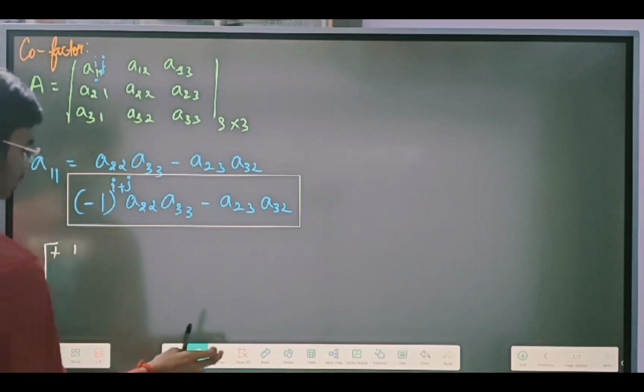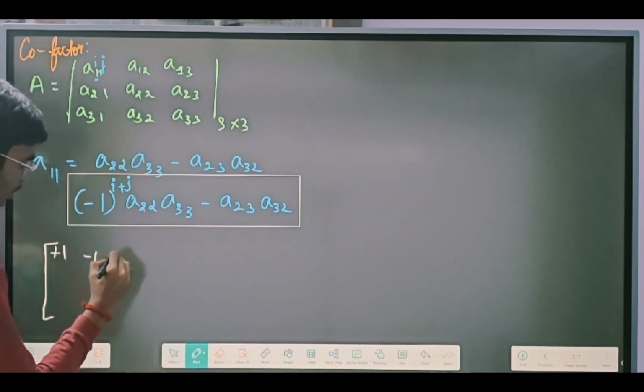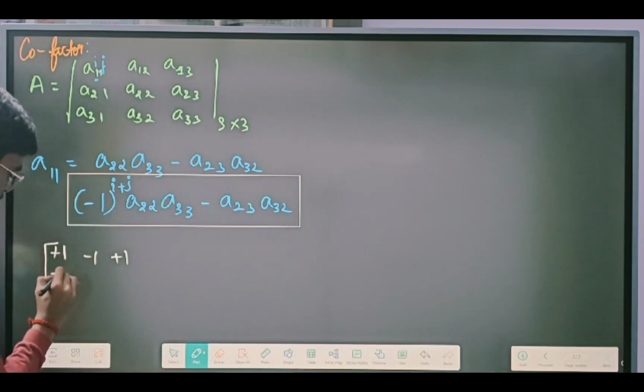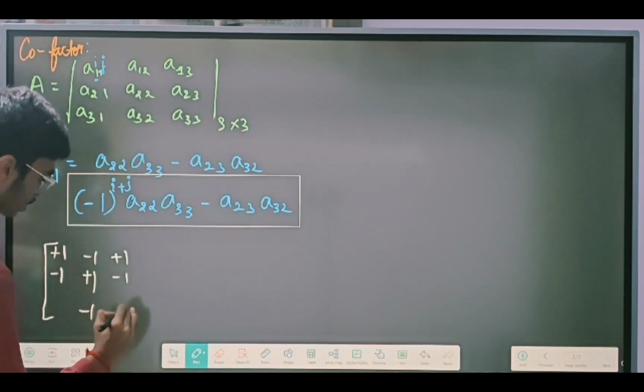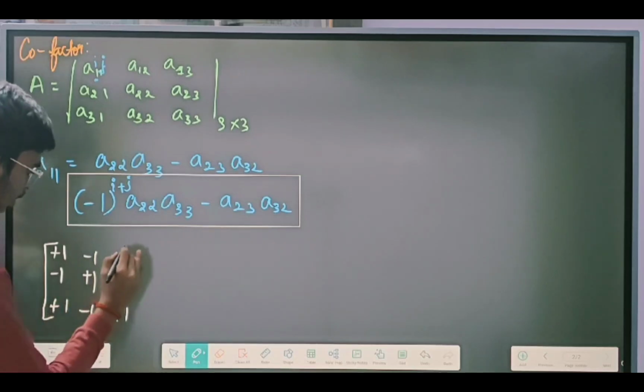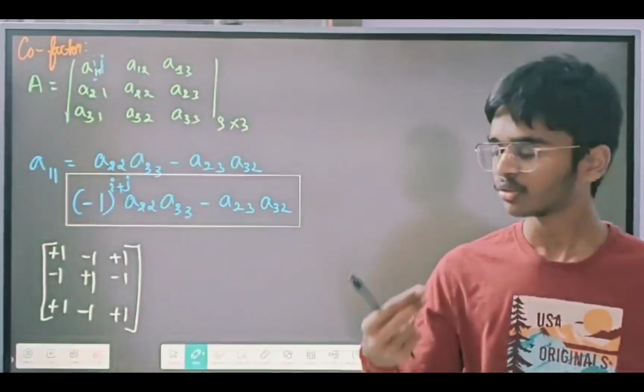Plus 1, minus 1, plus 1. Here minus 1, plus 1, minus 1. Here plus 1, minus 1, and plus 1. Okay, so I've got this matrix. So what does it mean? For an example,